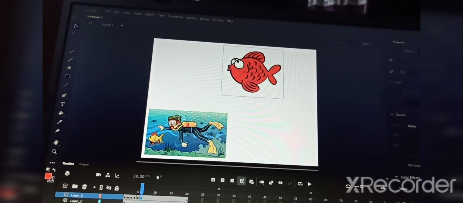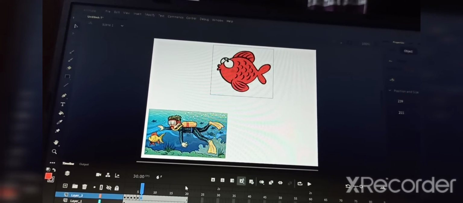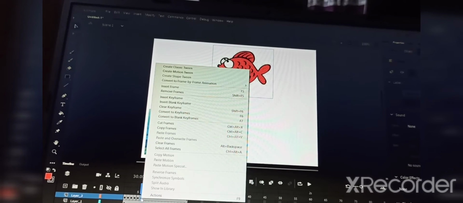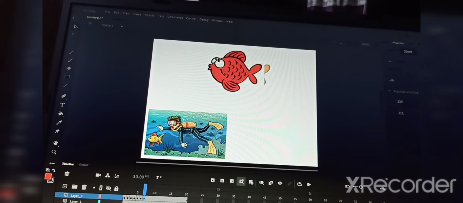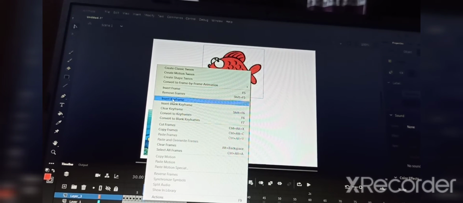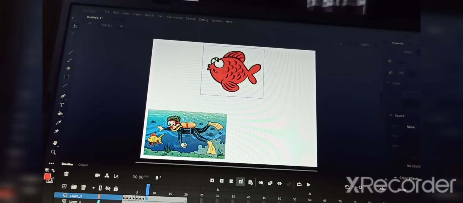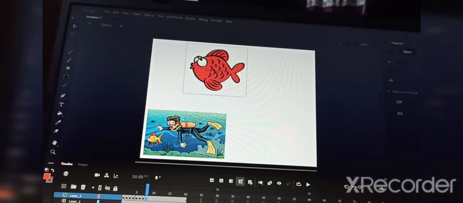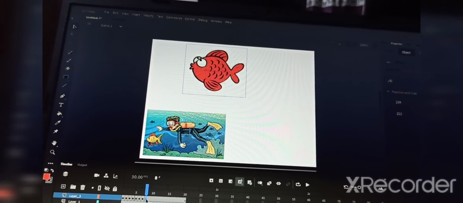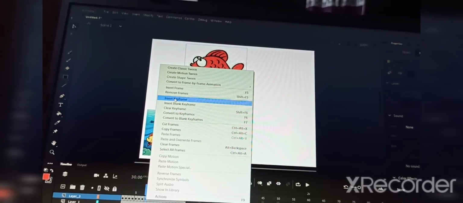Now see here, that many keyframes you insert, that many times your fish will move. Like this, see, however many keyframes you insert, you have to move it a little bit. Insert keyframe.